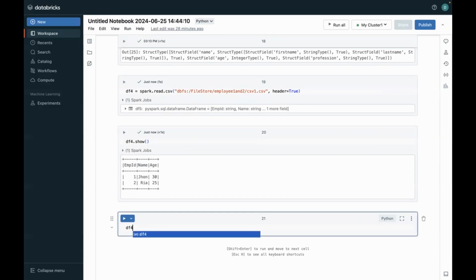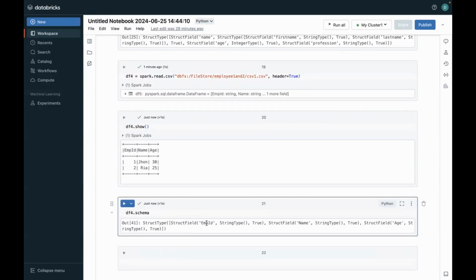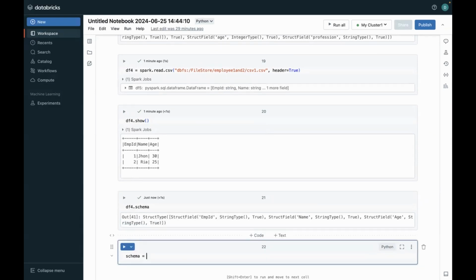Let us check the schema as well. df4.schema. Let's run this. Here employee ID is of string type, name is of string type, age is as well of string type. But we want the employee ID to be of integer type. So what we can do is we can create a schema. We can use the add method. So there is a method called .add, which we can use to define the data type while reading a CSV file. So schema will be